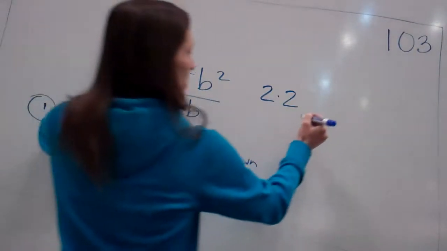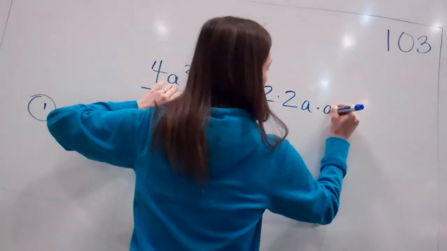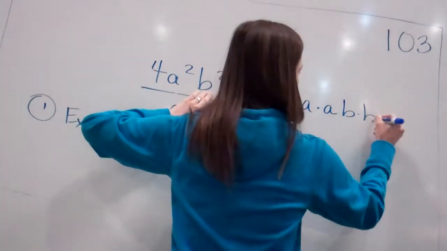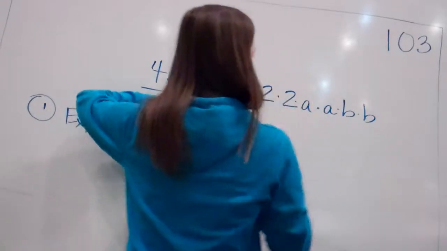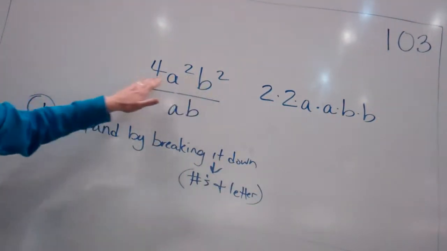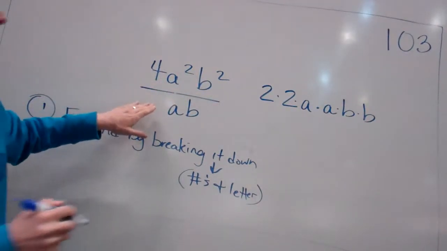Okay? A would become A times A. B would become B times B. If you want to put a divide or a multiply in all those, that's fine. Those dots are multiplying. This all is together multiplied, okay? Over